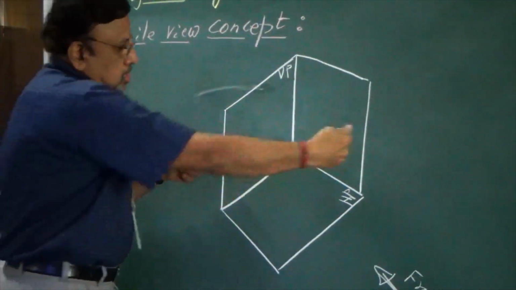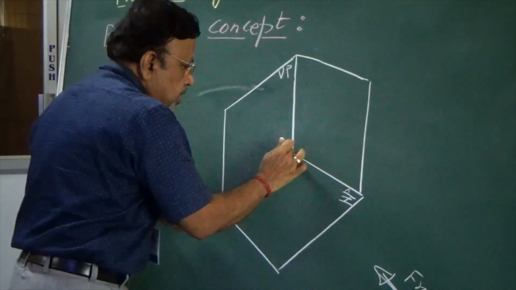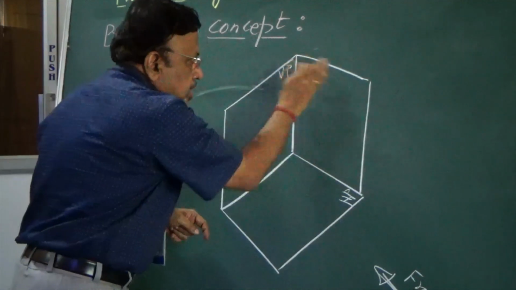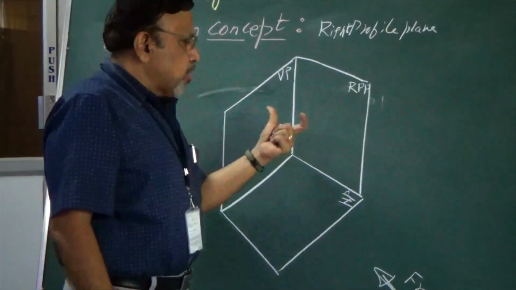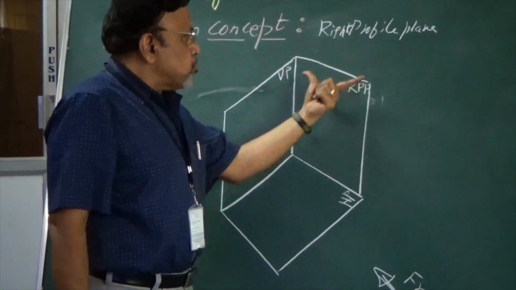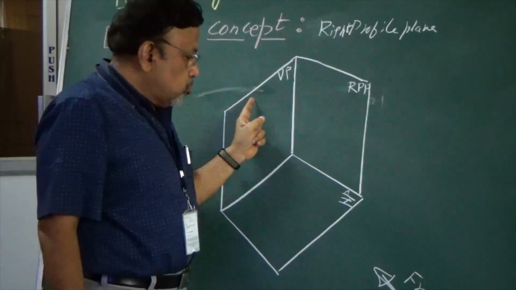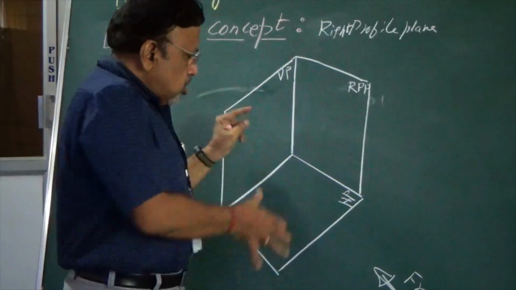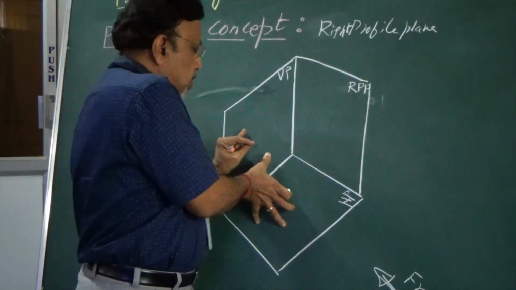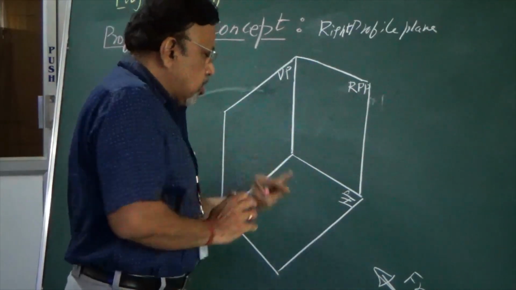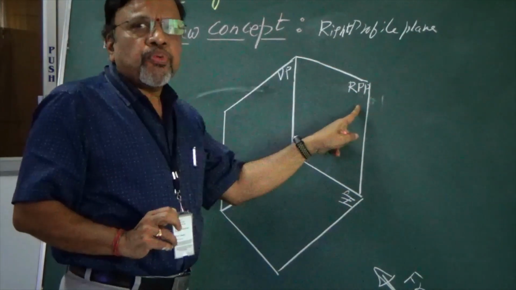Let us see, I just considered this particular plane. Obviously you can see these two are perpendicular, and this particular plane is perpendicular to these two. Now you can observe here, this particular profile plane is perpendicular to both HP as well as VP. Since it is perpendicular to the vertical plane and the horizontal plane, this is known as a profile plane.